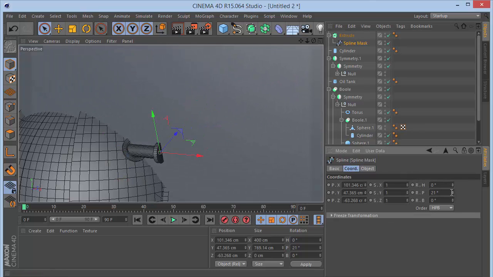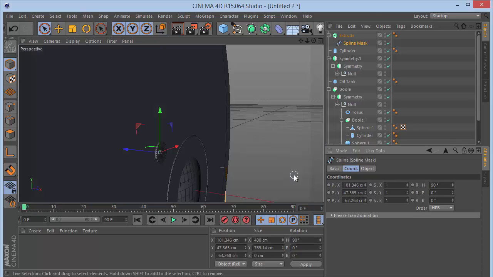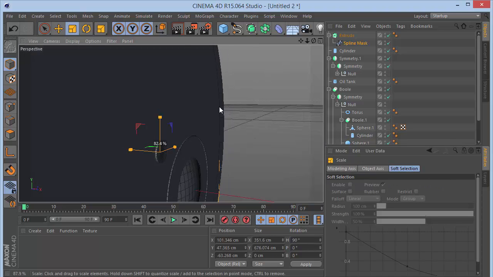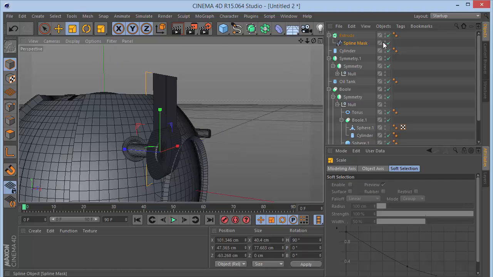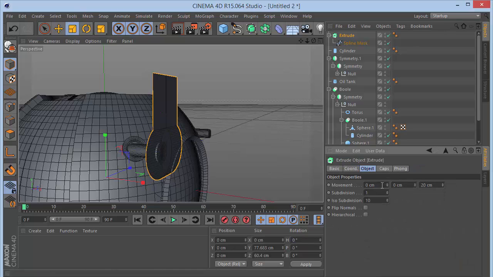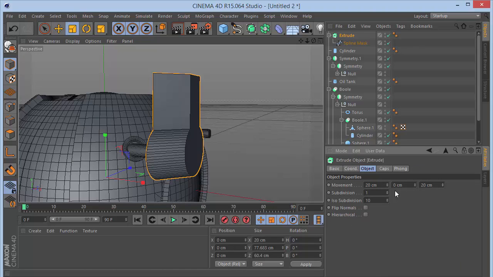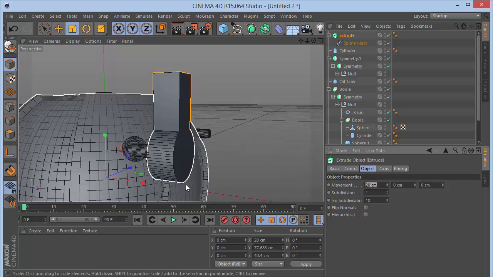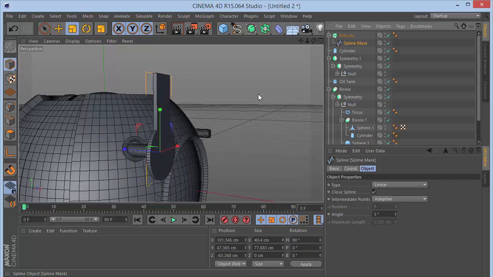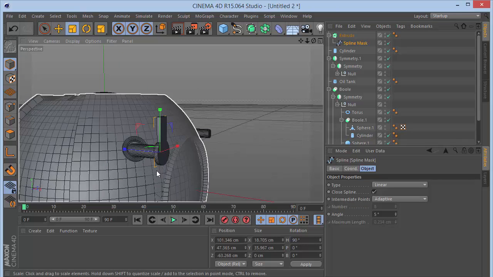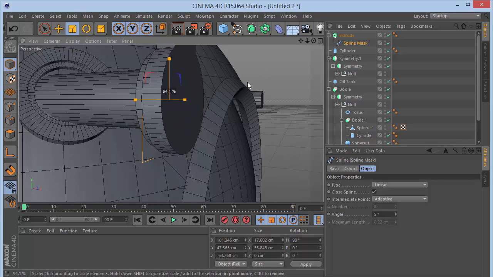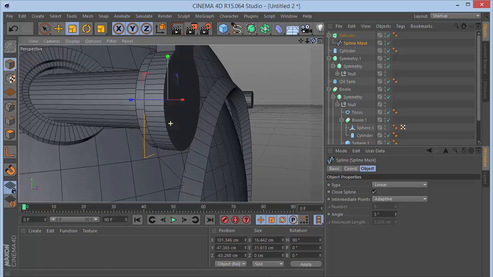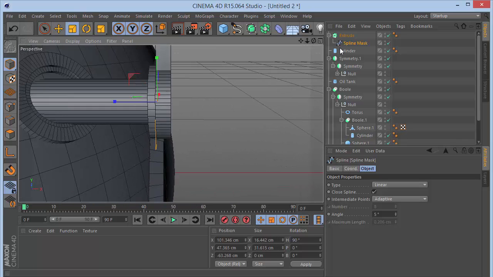90, and then I'm going to press T, and scale this thing down big time. And in the extrude here on the X, I'm going to set this to 20, and this will be 0, and probably you can set this to like 3 or something, and then I'm going to shrink it way down, and actually go to the cylinder. I'm going to increase the height of this,